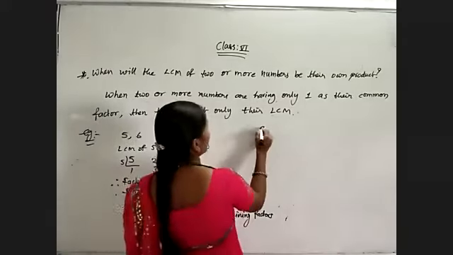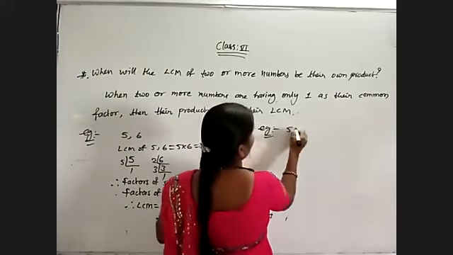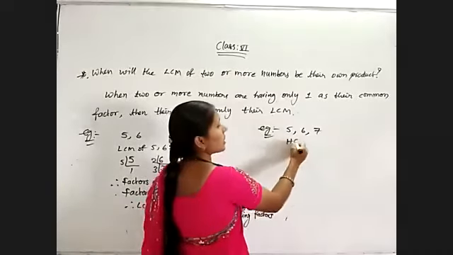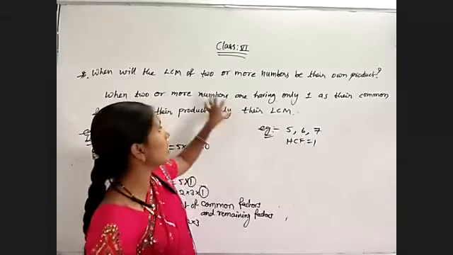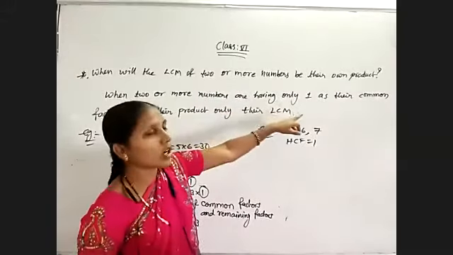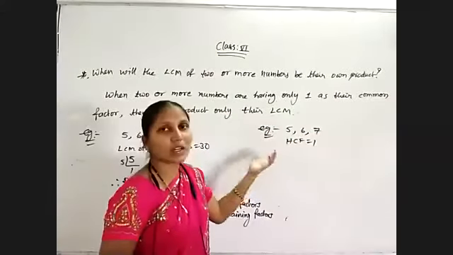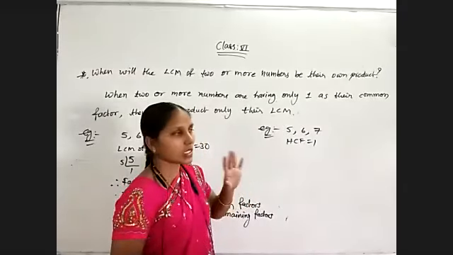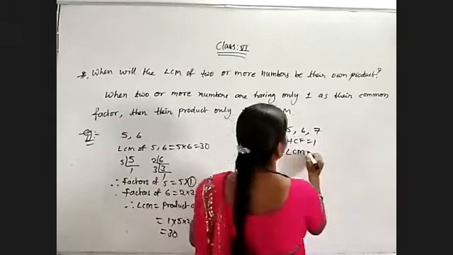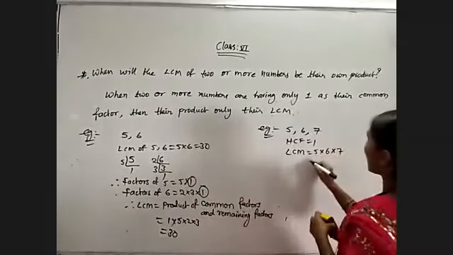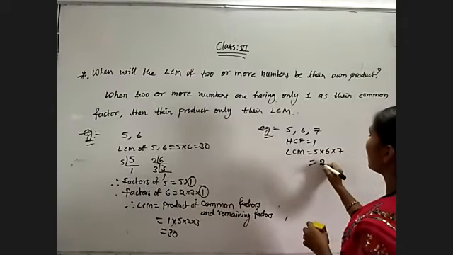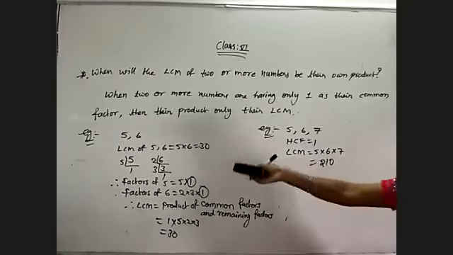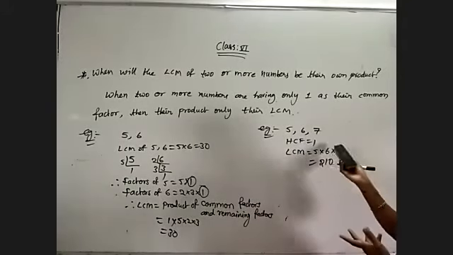And suppose if I have three numbers, 5, 6, 7, like this, consecutive numbers only, their HCF is equal to 1. Why am I telling HCF is equal to 1? The numbers which have only 1 as their common factor are nothing but co-prime numbers. For co-prime numbers, the highest common factor is 1. Therefore, LCM is equal to 5 into 6 into 7. So 5 6s are 30, 30 7s are 210. Okay, that's all. If you have any doubt, do it by using the prime factorization method or division method and identify.